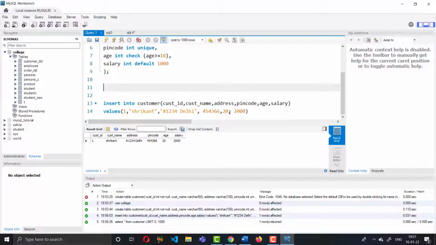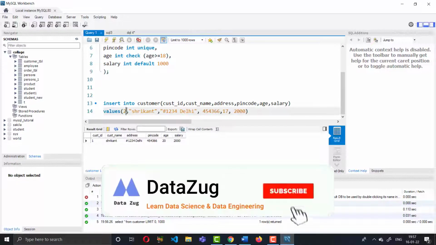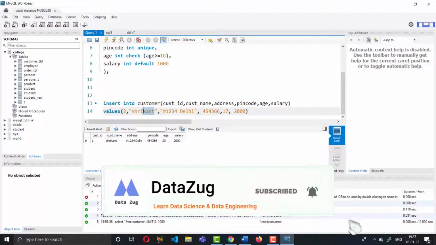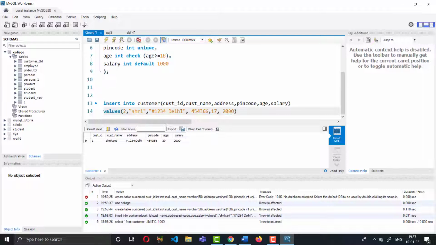So suppose I insert age value 17 and provide ID 2 and change the name. That is the second row we are inserting, and in place of Delhi insert Chennai.